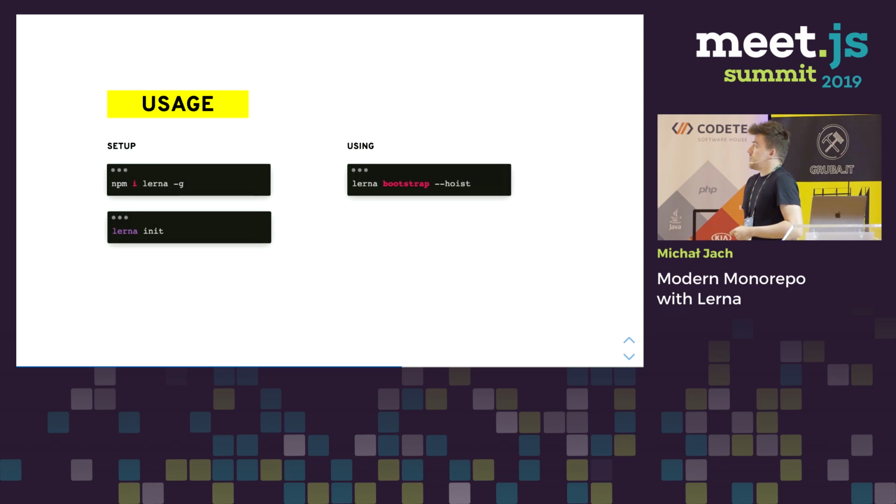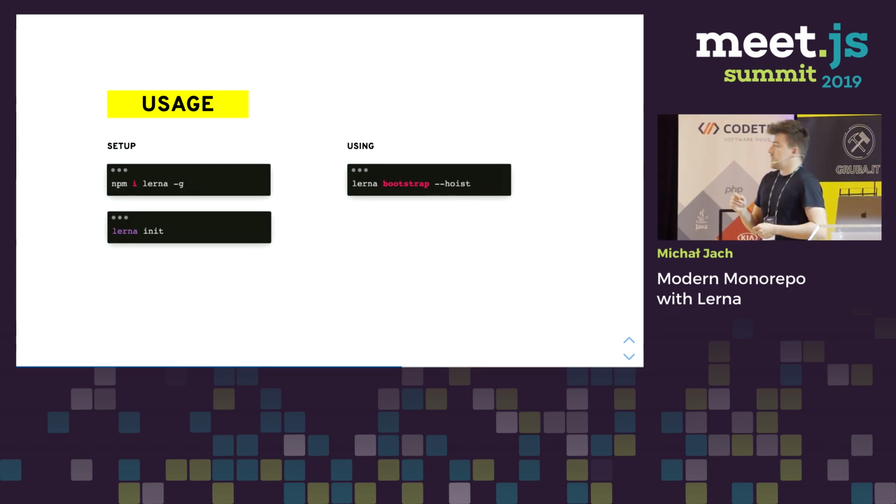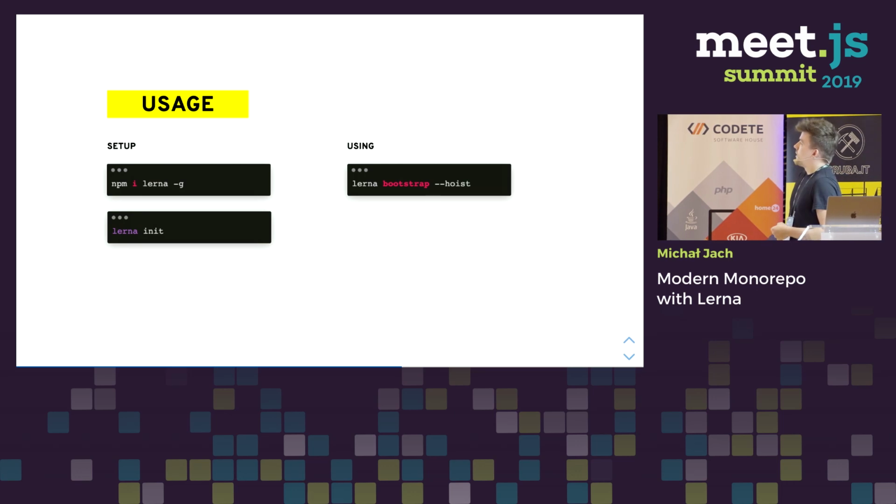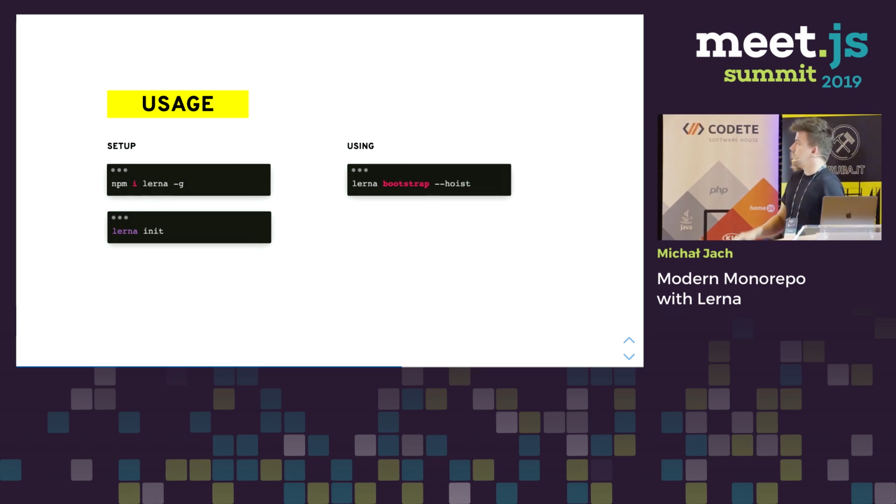And this is a very important command, which is bootstrap. Lerna bootstrap is doing npm install underneath, and it's linking all your packages together. So when you have your project configured with all the dependencies, you don't do npm install. You do lerna bootstrap, and you're ready to go. It does all the magic inside. And when you pull a new dependency in, you do lerna bootstrap again, and that's it. You don't need to do it every time, right? And it hoists, meaning all the dependencies are aligned. All dependencies are in one place, which is the root package.json,